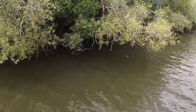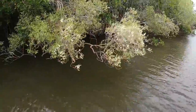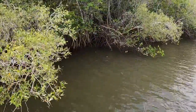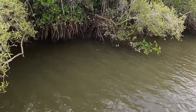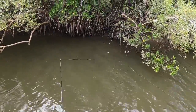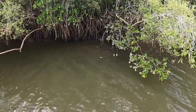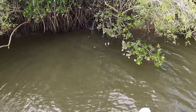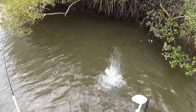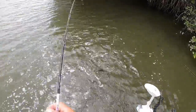The advantage of a suspending hard body is that I can hover the lure next to the structure for a long time, but the disadvantage is that it's very limiting where you can throw it. And hit spot lock there. All you've got to do is touch a branch and it sticks. That's how we used to fish before we had weedless plastics, but there's no doubt weedless plastics make it easier. Oh, easier! See, that was just sitting there while I was talking. It's only a barra, but...